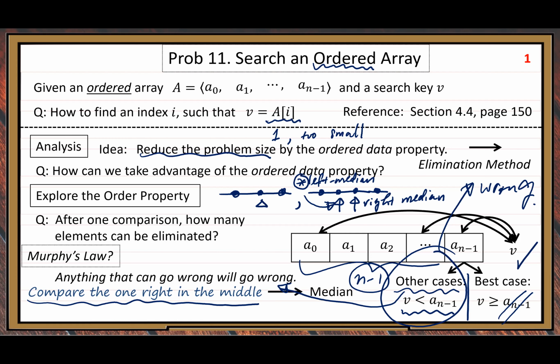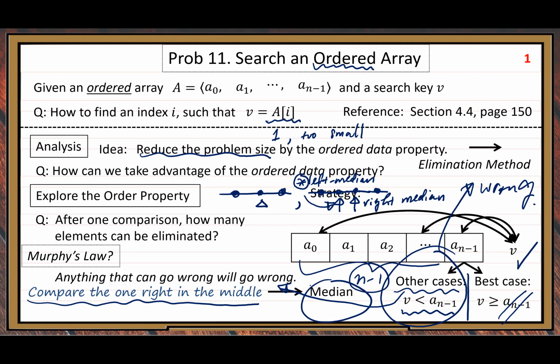Okay, because in that way, there is no confusion. Otherwise, people always ask us, what do you mean by the median? Do you mean the left median or the right median? By default, we mean the left median. So then there is no uncertainty. Everything is clear, no matter whether we have an even number of elements or an odd number of elements in the given array. All right, so after we have this median concept,